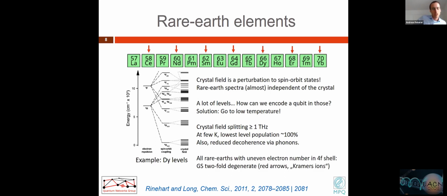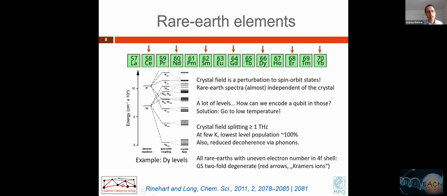Now the question is still, which of the rare earth elements do you want to take for your quantum applications, quantum networks? It turns out that there's a fundamental difference between the two, and that is how many electrons are in this 4F shell, because that can either be an even or an uneven number. Whenever you have an uneven number,